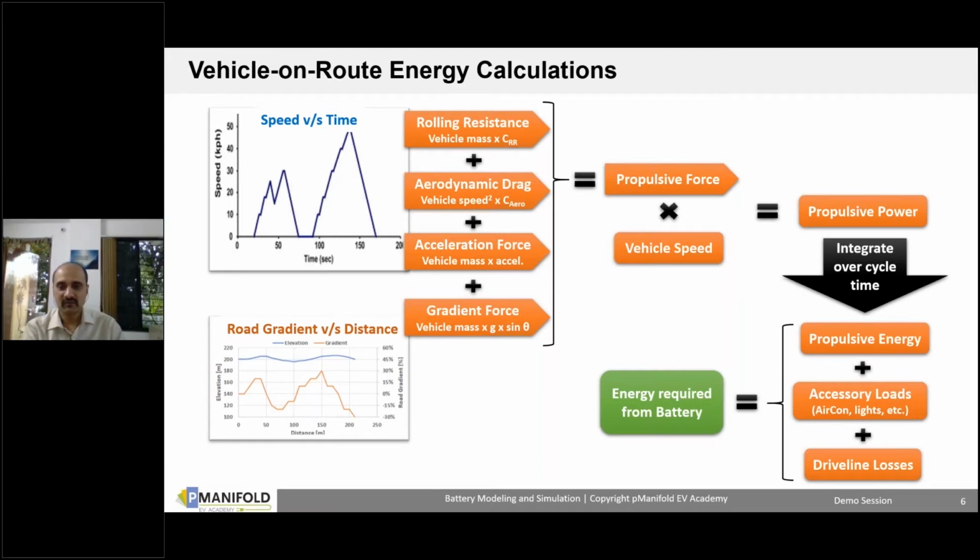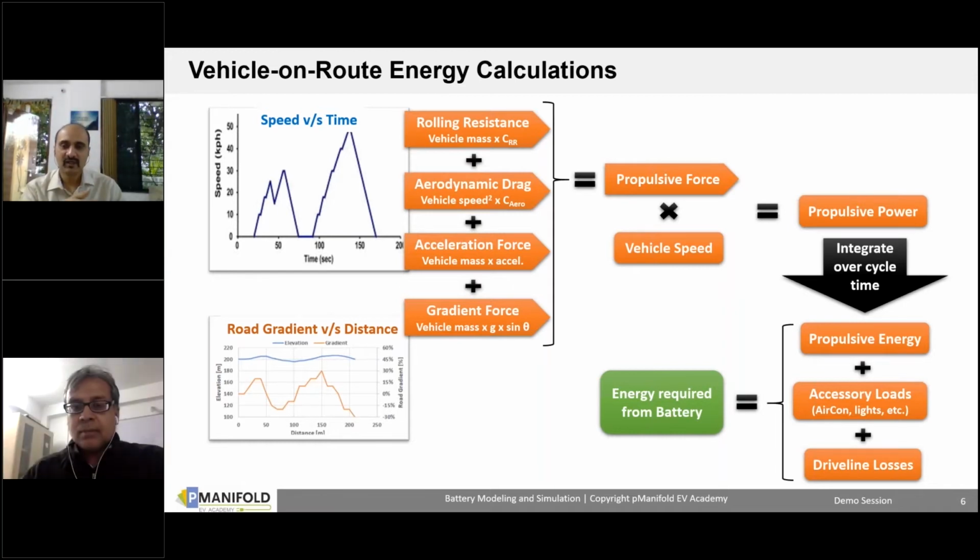When the energy leaves the battery, it gets reduced when it is converted to mechanical energy by the motor. Then it further gets reduced when it is transferred from the motor to the wheel, and then from the wheel to the vehicle acceleration, you would again have vehicle level losses, which are rolling resistance and drag. If it is going uphill, you would have a gradient force as well to tackle. And whatever is left is actually going to give you the acceleration for the vehicle. And of course, the battery will also continue to simultaneously drive the accessories.